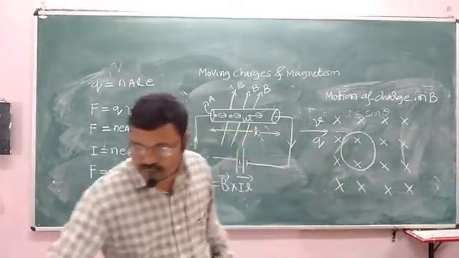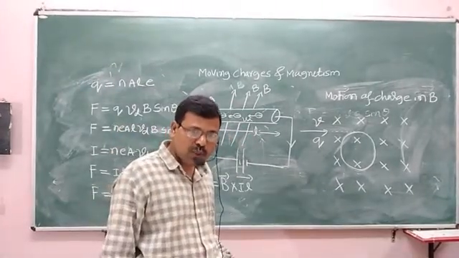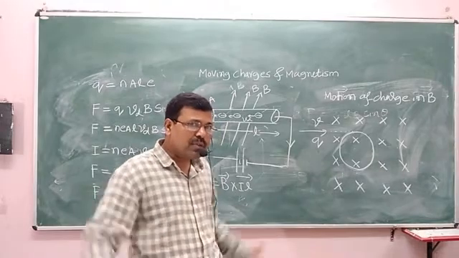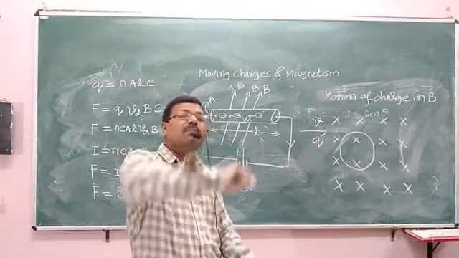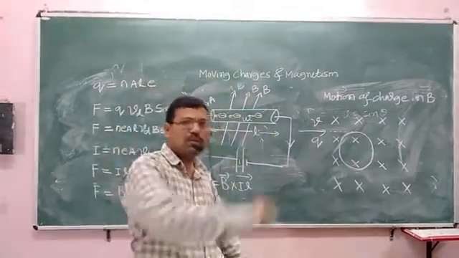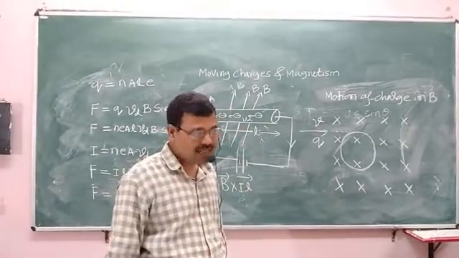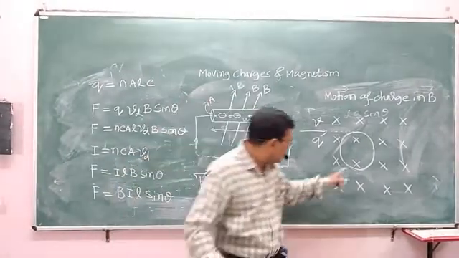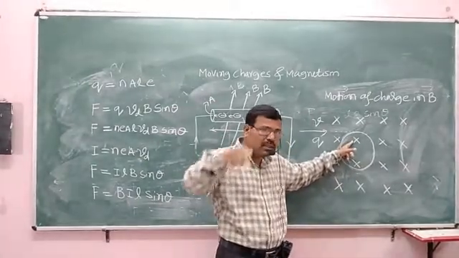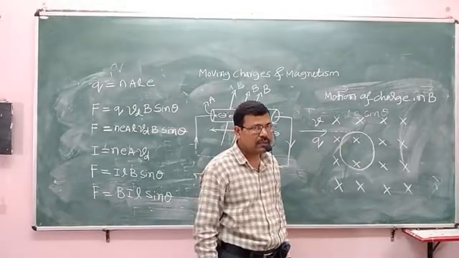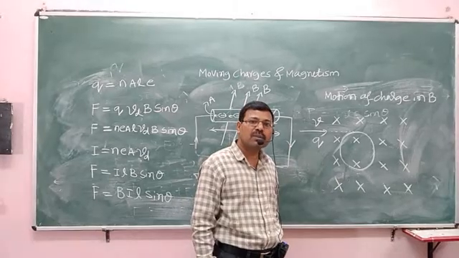If the charge got circular motion, then to have circular motion, some force is required. To keep any object in the circular path, centripetal force is required, as we studied in class 11. So here, for this charge moving in a circular path, centripetal force is required. Which external agent is providing that centripetal force?